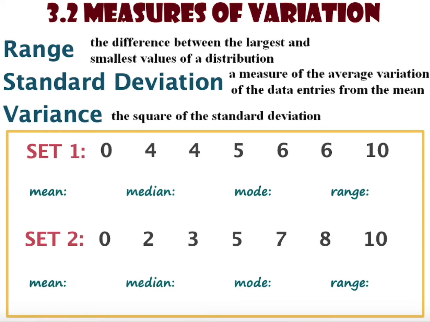Standard deviation takes a little bit of calculation, but what it does is it measures the average variation of the data entries from the mean. So it's really a comparison type of thing, comparing to the mean. And then the variance is just the square of the standard deviation, and we will show how to calculate that today too. Let's start by talking about these two sets of numbers because they have some similarities that we will